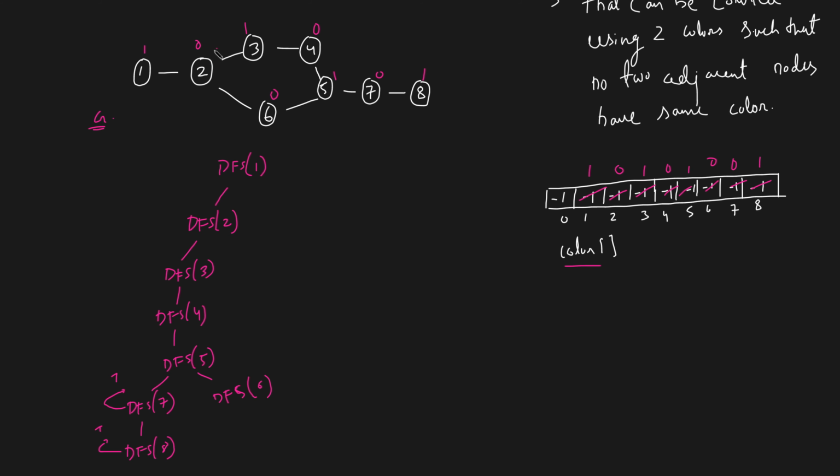Why? Because you were maintaining the order of coloring it with the opposite color, opposite color, opposite color. And at the end, you saw that it was not possible. You kept on coloring opposites. But at the end, at this junction, you can see that both of them have the same color. And if both of the adjacent nodes have the same color, it is definitely not a bipartite graph. And if it is not a bipartite graph, you return a false.